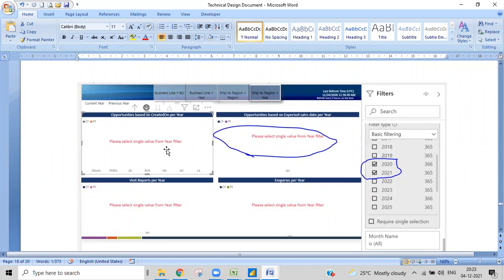Here he made it in such a way that if we select more than one year, it should display a single message: please select one year or a single year. That is their logic. So if someone clicks, we could even keep it to require single selection, but they need it like that. I don't know why they asked us to do it that way. No issues. Even if nothing is selected, that message needs to appear here. We already told him we can make this, but they asked us to do it this way.